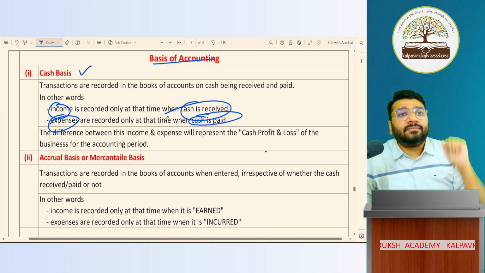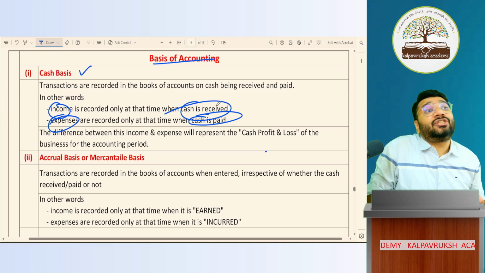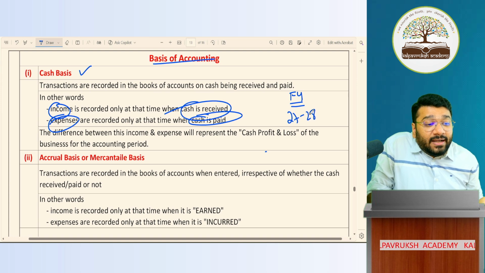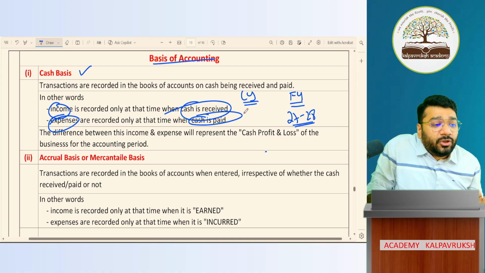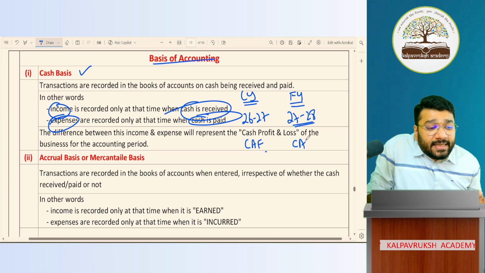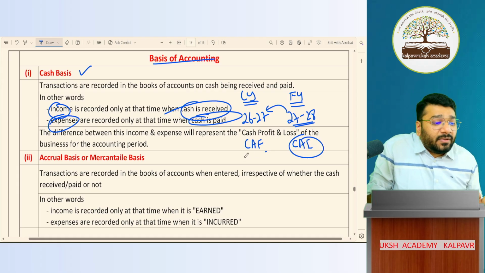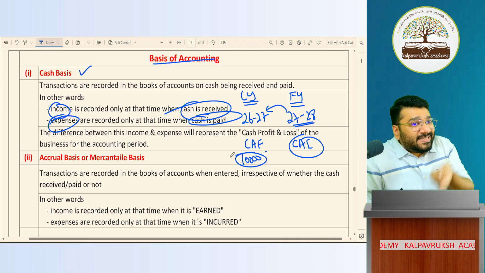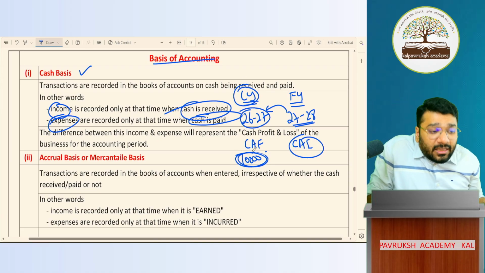So I have a question to all of you. All of you are now in CA Foundation, correct? When will you do CA Intermediate? In which financial year? 27-28 you will do CA Intermediate. In the current financial year, 26-27, CA Foundation; 27-28, CA Inter. The money for CA Inter, you gave me in 26-27, 10,000 rupees. So what is cash basis saying? Paisa received means income. So in current year 26-27, 10,000 is received.